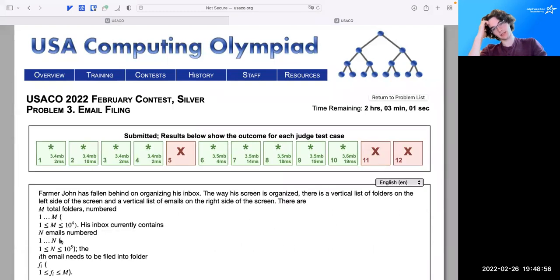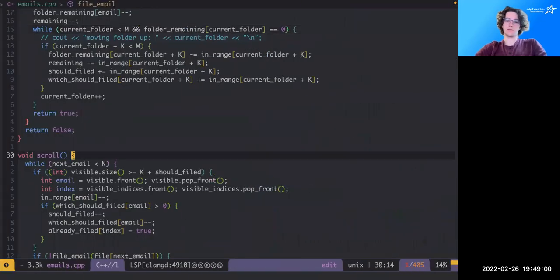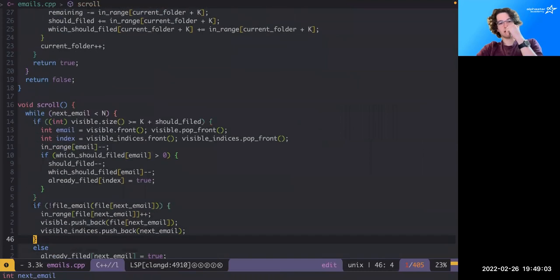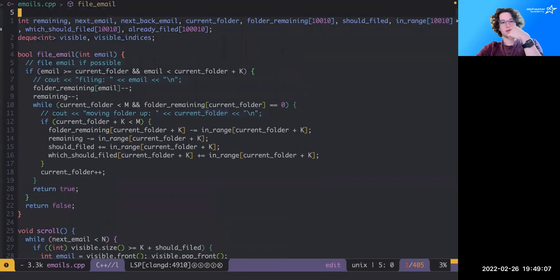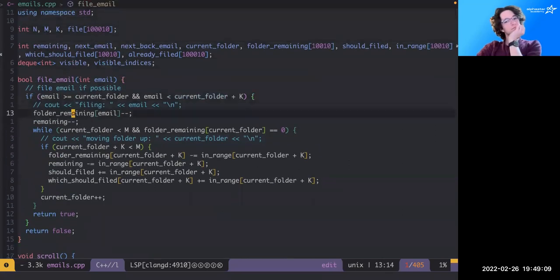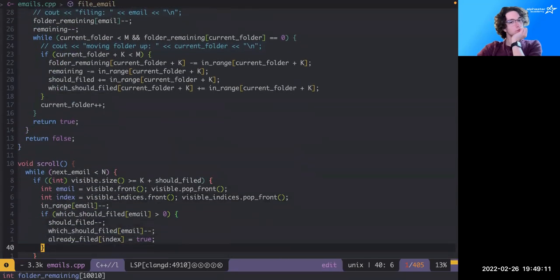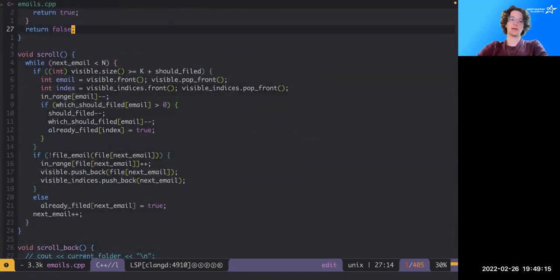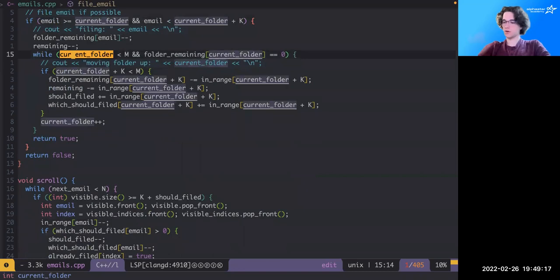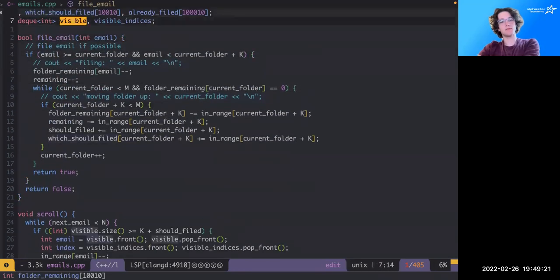Still one test case, or three. Well, that's a test case we used to fail. That should be a value. Well, I guess if the first folder is 0, that doesn't work, right? So the issue is we're scrolling our folders. We only scrolled once before. Now we're scrolling in a loop. But if the original folder was 0,